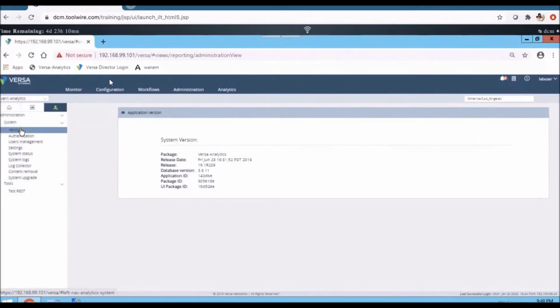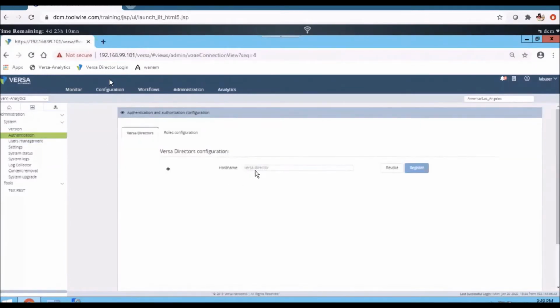Here, if I click on the authentication part, it provides the director's information, that is, which director is getting connected. Here we mention the host name of the director and click on register.